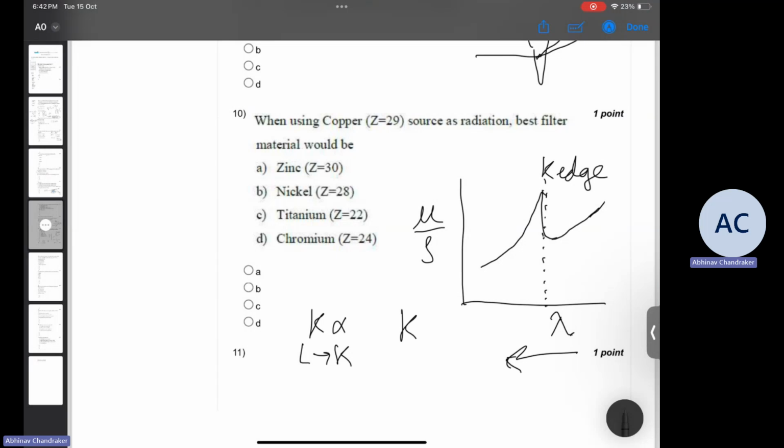But we also have K beta, which is from L to K for some other orbitals of L, and therefore it's difficult to get monochromatic X-ray generation. But if we use some filters, we can filter out the other wavelengths. For example, we can filter out K beta,